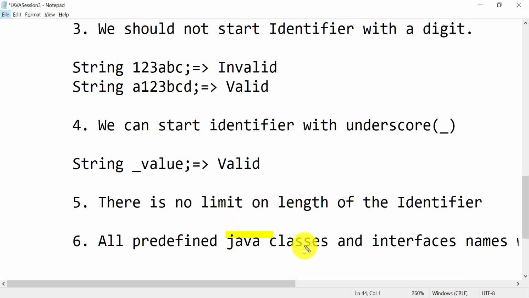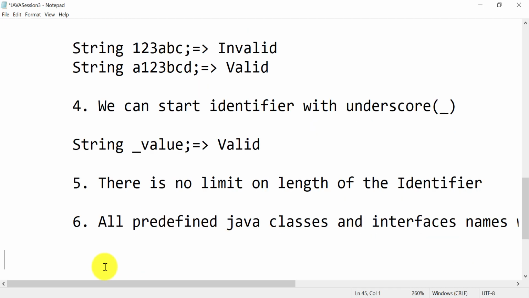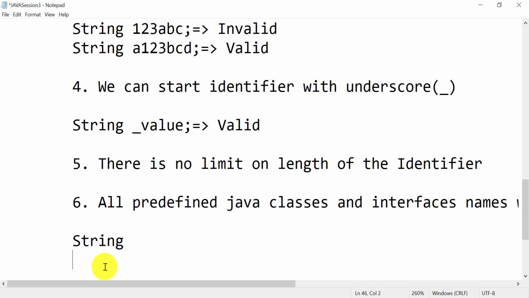Okay, so in Java, in the last session we have seen we can create user defined classes as per our requirement, and there are some predefined Java classes. For example, String. So String is a predefined class in Java. So you can use this name as an identifier directly, so it is allowed. Then another can be ArrayList.